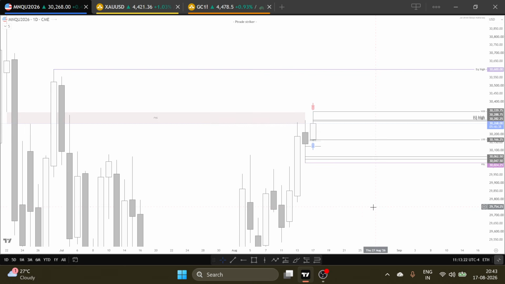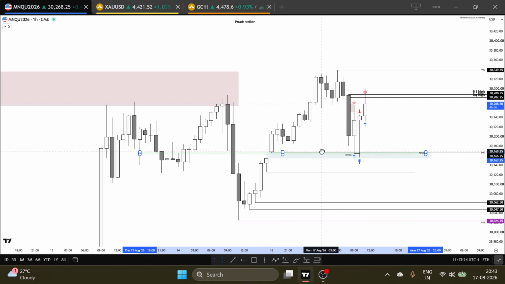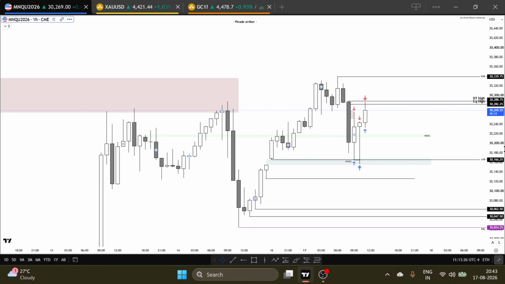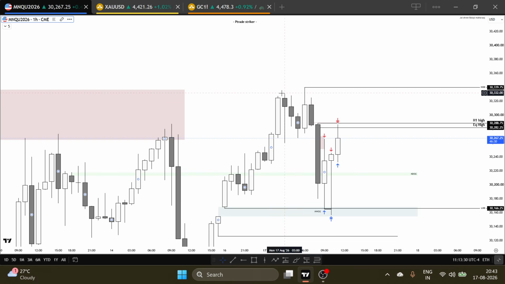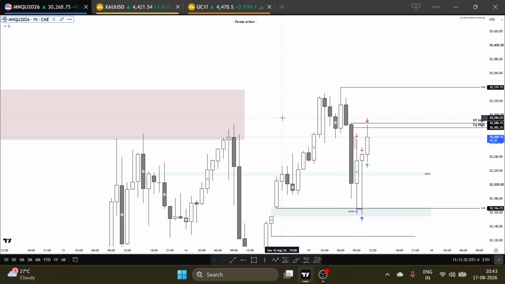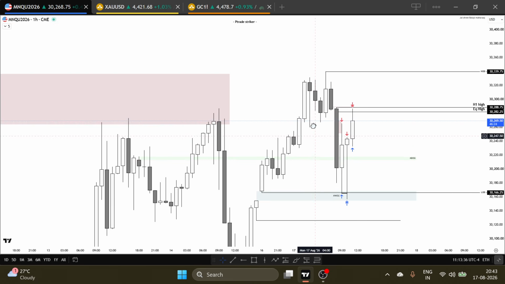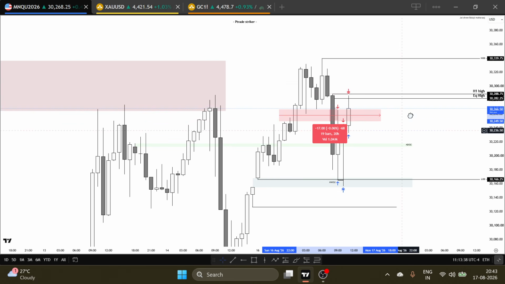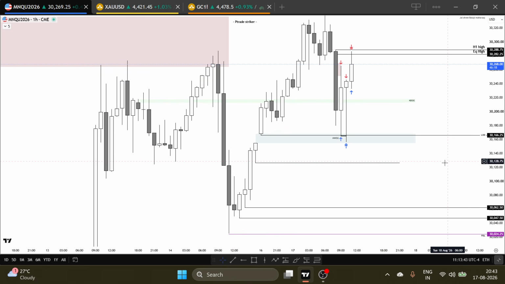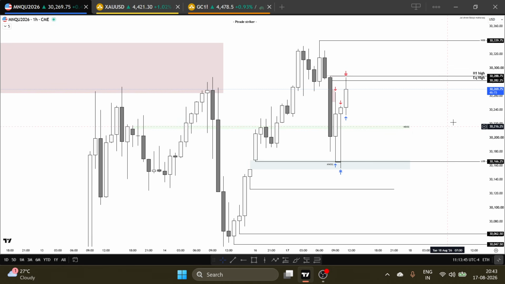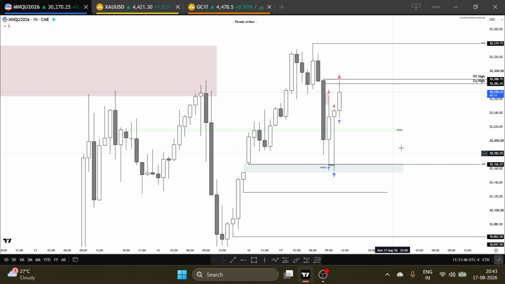And when I check the 1 hour time frame, price starts pushing upside and sweeps this high, right? And then it starts going down and inverses this fair value gap. Also, we have this NDOG on the left hand side. So there's a possibility that price will hit this NDOG.